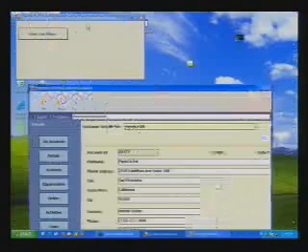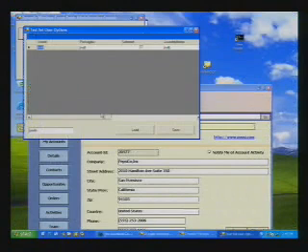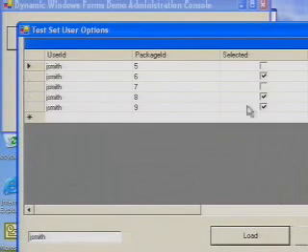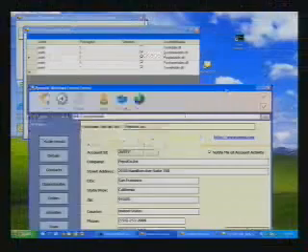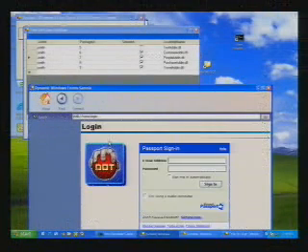Over here we have our slightly less whizzy looking administration console. What I can do in here is load the options for John Smith, and let's say John's a great guy and it's about time he took on some more responsibility, and we're going to give him some people to manage. So I can just come into the admin tool here and say, well, John needs to have the people added in. I can save this. I can go back to my application here, I can log off, I can log in again,